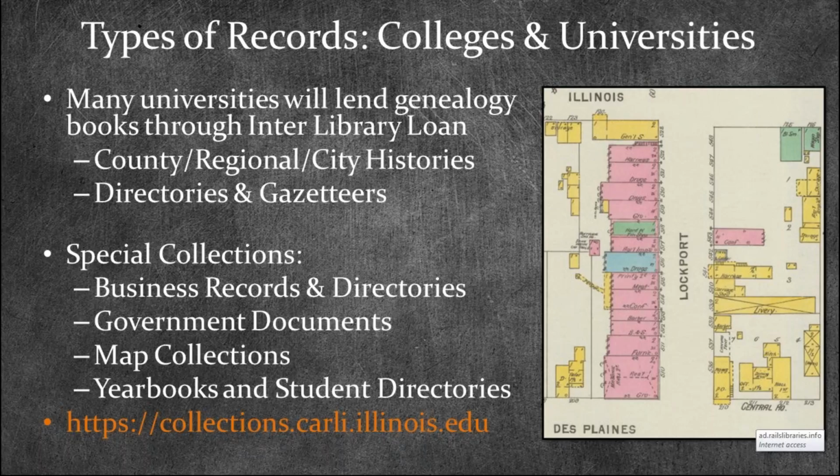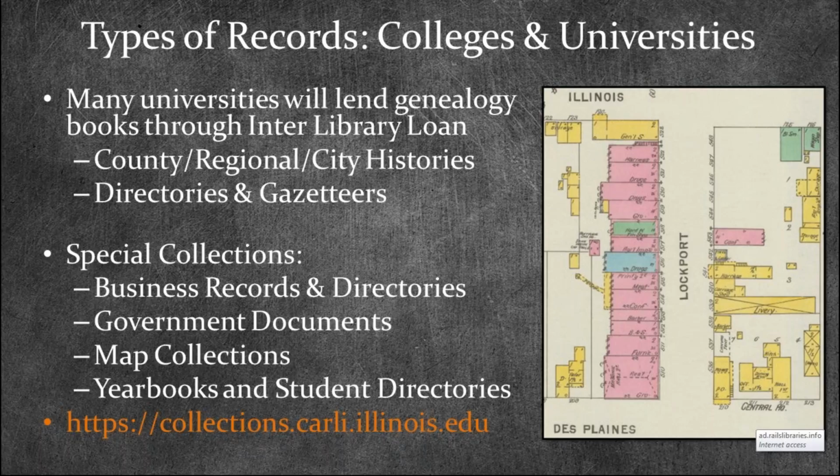So if you're not taking advantage of interlibrary loans through the college and university system, this is really a great way to get that information in your patrons' hands in a fairly timely fashion. Another cool thing about colleges and universities is most of them have either special collections or archives. And what that means is that they're going to collect in a specific area or collect things on a specific topic or geographic location based on their location as well.